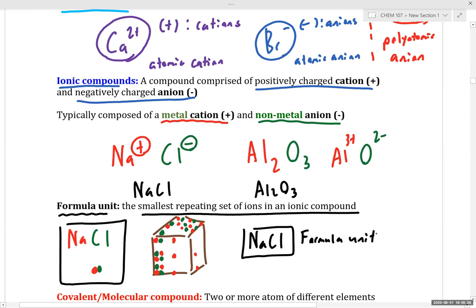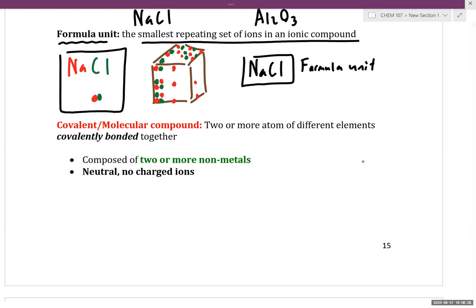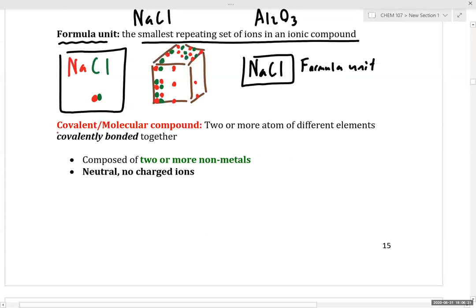Does that make sense to everyone? Does this discussion of ionic compounds and formula units make sense so far? If not, let's look at our next subclass of compound, and this is short, sweet, and to the point: covalent